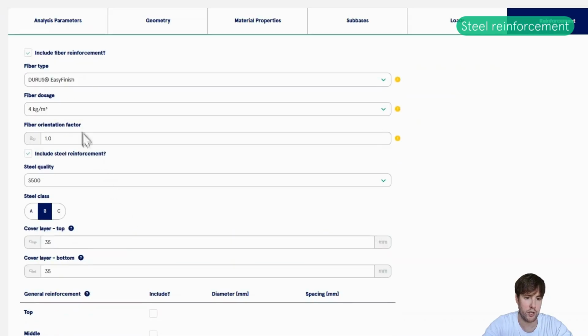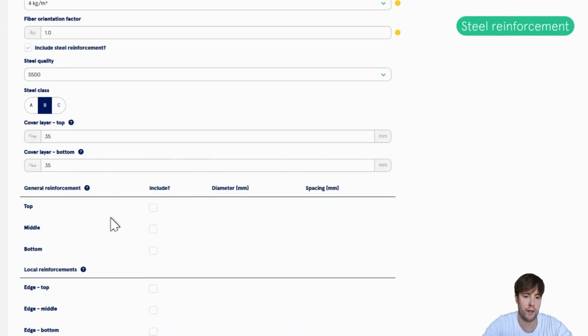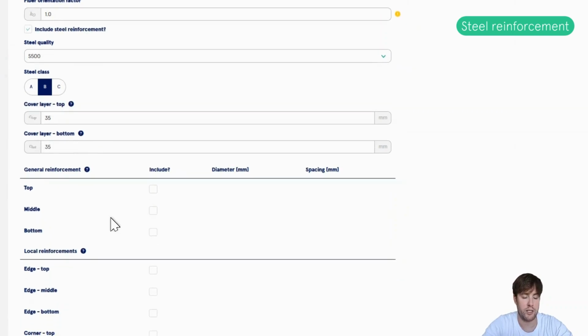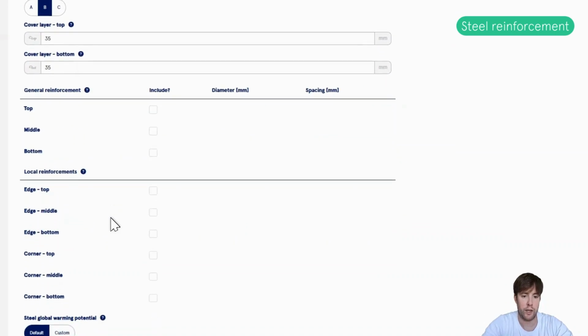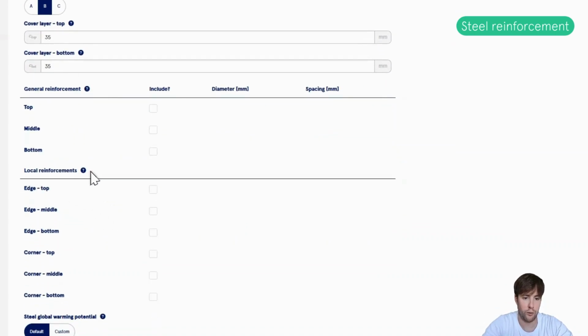But in our scenario, since we used fiber reinforcement and the load capacity is sufficient everywhere except at the corner, we will actually go down here to local reinforcement and only add reinforcement where it's needed.